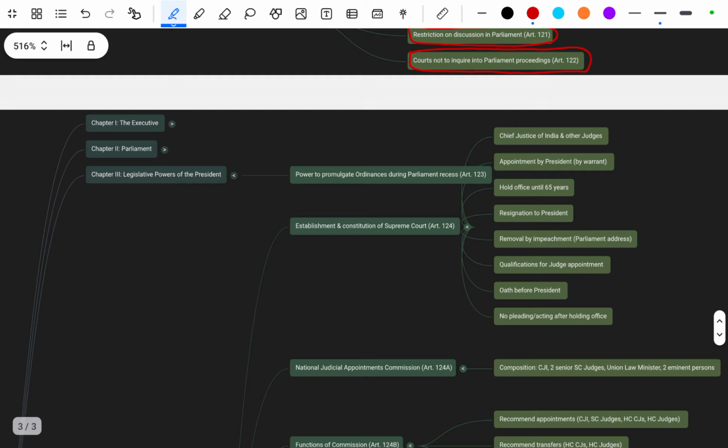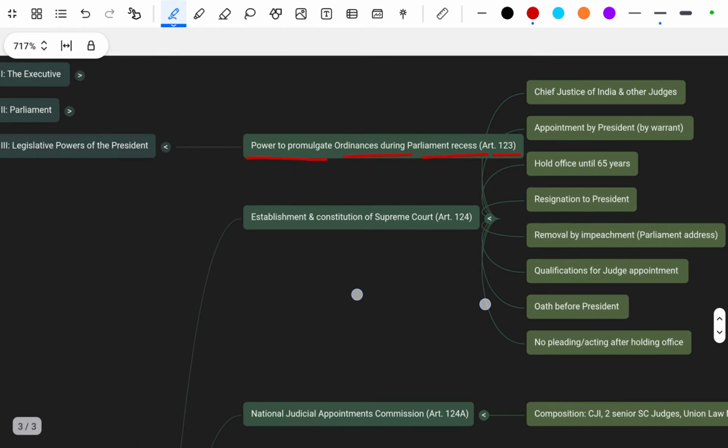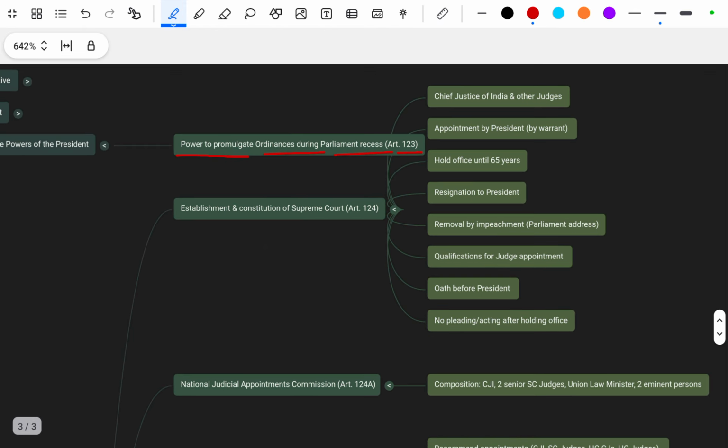Okay, next is Chapter 3, the legislative power of the President. The legislative power of the President is the power to promulgate ordinances during parliamentary recess, under Article 123. Then the establishment and constitution of the Supreme Court is mentioned under Article 124. Here the strength is 34 judges: one Chief Justice and 33